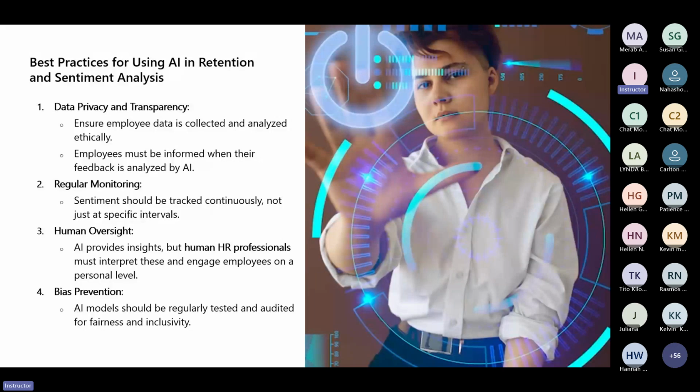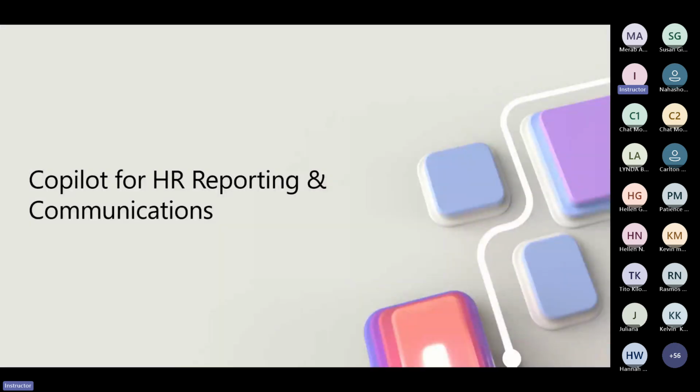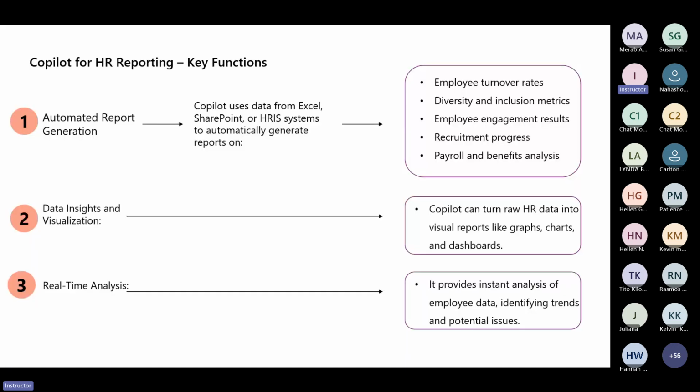Our next section is Copilot for HR reporting and communication. So very simple. Let's have a look here. So when we say Copilot for HR reporting, we have some key functions, of course. Microsoft Copilot integrates with Microsoft 365 tools like Excel, like SharePoint, and HR systems, basically. It supports HR teams by simplifying reporting, improving data analysis,